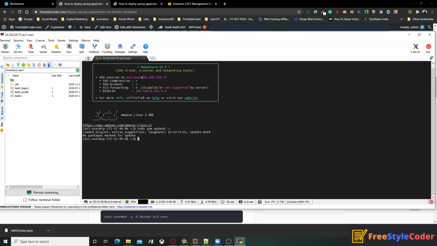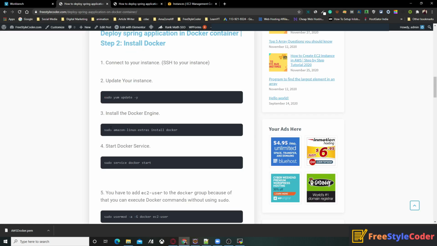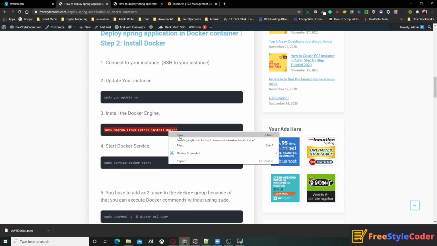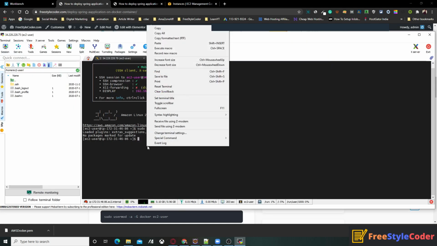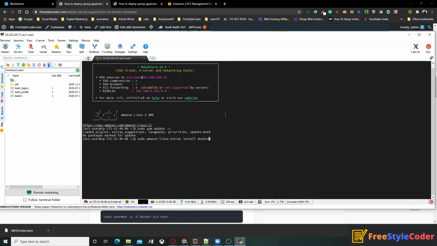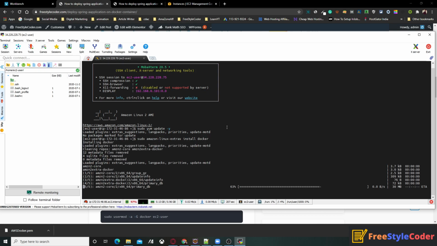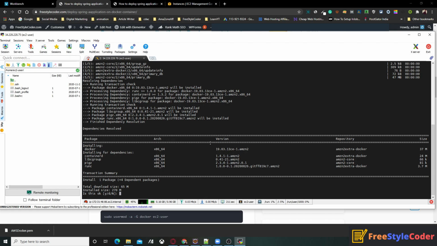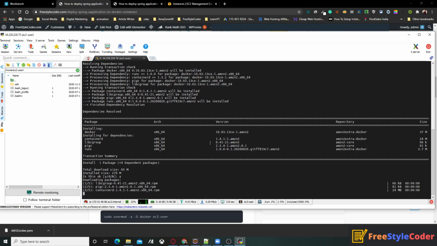It will update all the packages. I think the packages are already up to date. Then copy this second command to install Docker and paste it into MobaXterm. It will install Docker. It will ask, you simply have to write Y and hit enter.